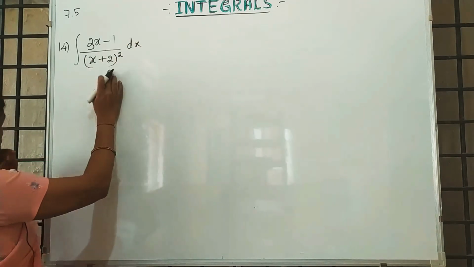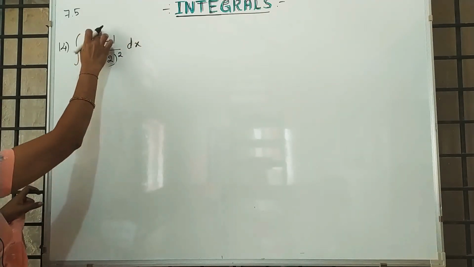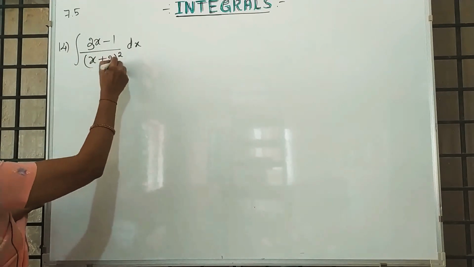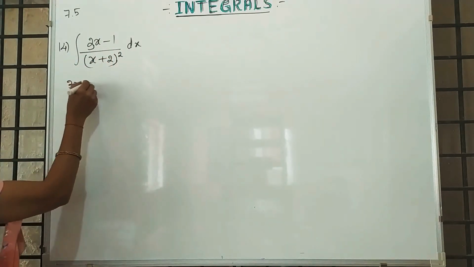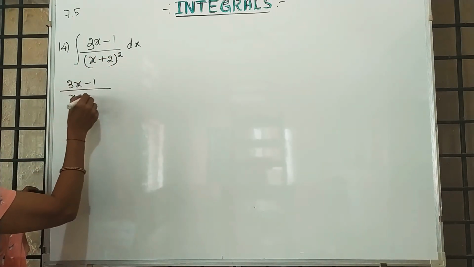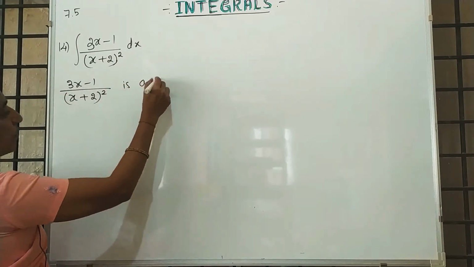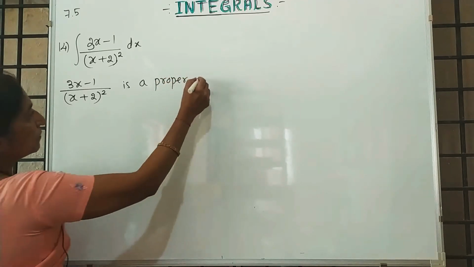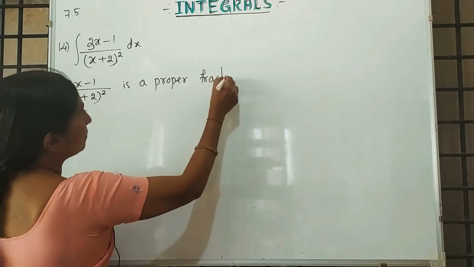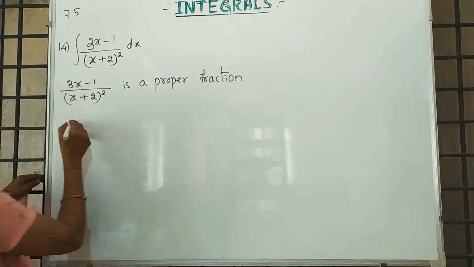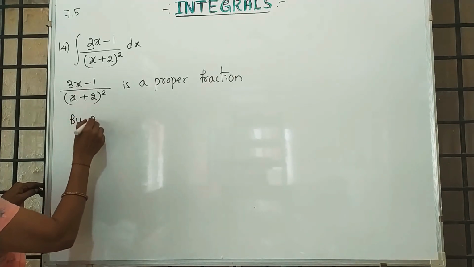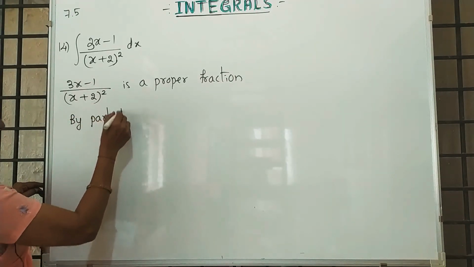So it is a repeated square, and here the highest power of x in the numerator is 1, in the denominator it is 2. So 3x minus 1 upon x plus 2 whole square is a proper fraction. Next, by partial fraction,